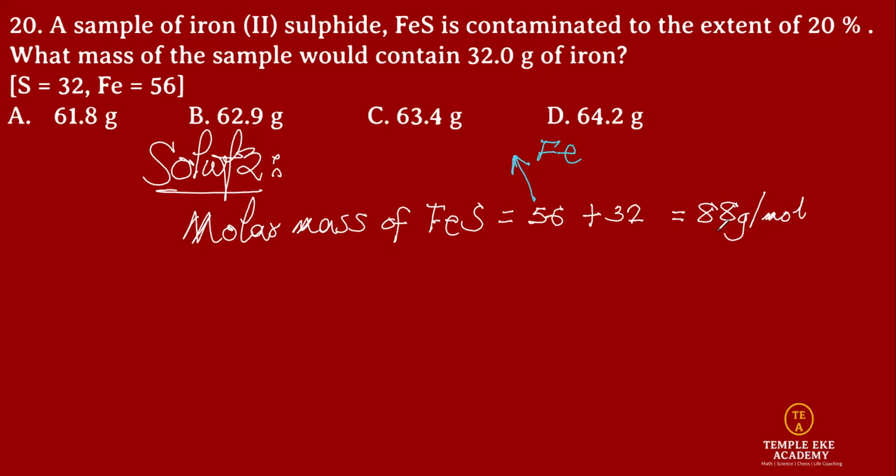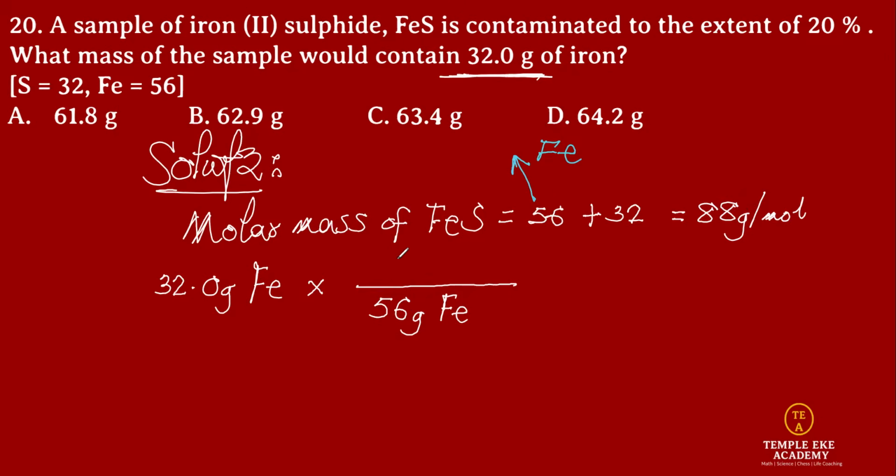That is a relationship. So we're going to use the dimensional analysis technique. Let us start straight off from the provided mass. Therefore, we go 32.0 grams of iron. And now we're going to multiply in such a manner that the unit on the left is eliminated based on the relationship we can draw. Gram of iron must be in the denominator to cancel gram of iron here. So we take advantage of the relationship between the mass of iron and the molar mass of the compound given. 56 grams of iron present in 88 grams